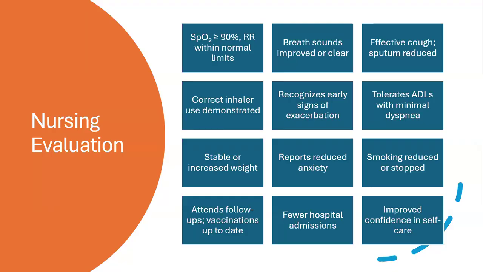They use the correct inhaler, recognize early signs of exacerbation, tolerate activities of daily living with minimal dyspnea, stable or increased weight, report reduced anxiety, smoking reduced or maybe stopped, attend follow-ups, vaccination up to date, fewer hospital admissions, and improved confidence